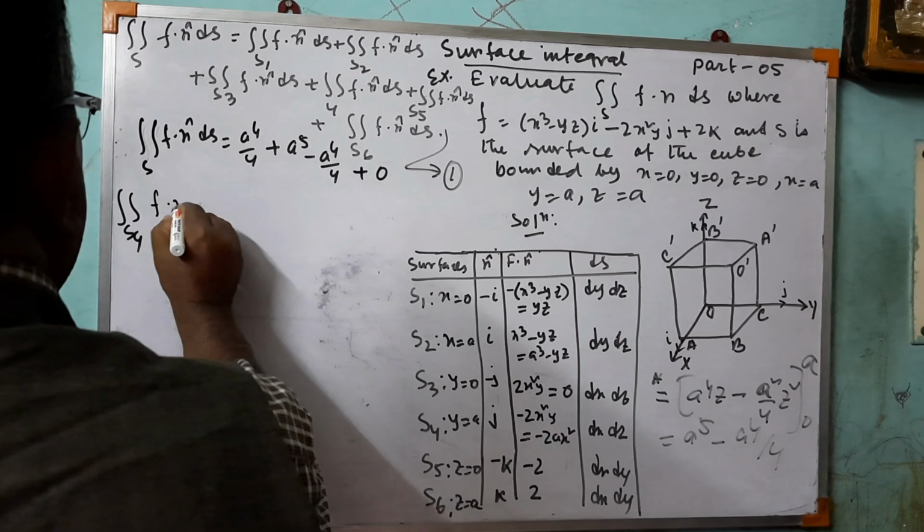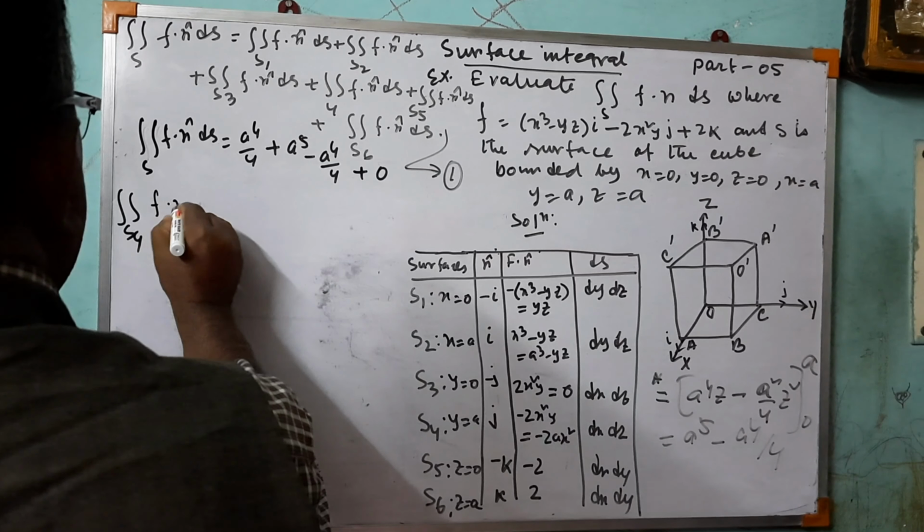So again I am just removing this part and putting here the value of S4. Therefore, now you understand how to get S4. The S4 value on the surface is minus 2 by 3 a to the power 5. Then, okay, now S5